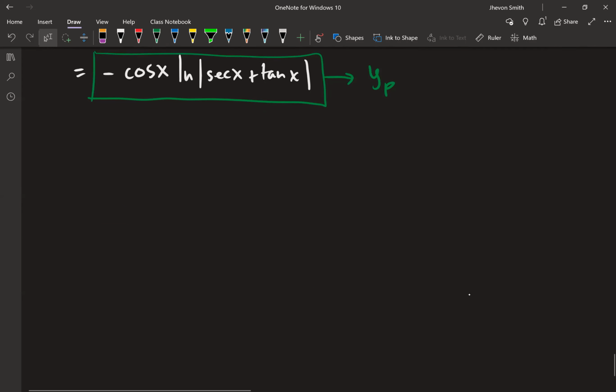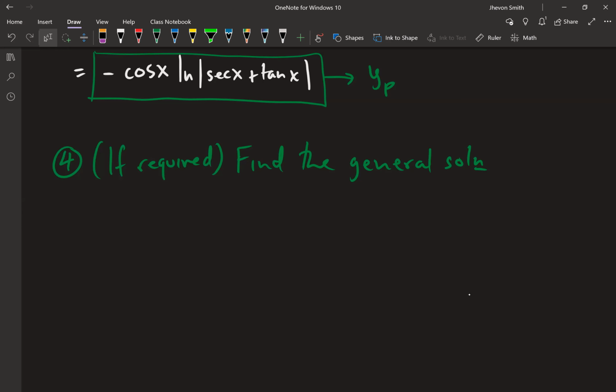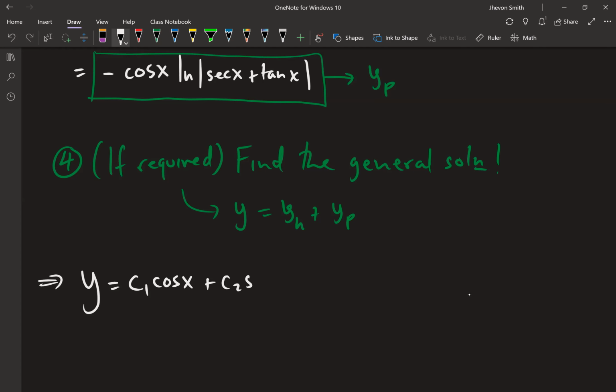So this leads us to step 4, if required. Find the general solution, which here it was required. The question did ask you to find the general solution. So recall that this is just y equals yh plus yp. So in this scenario, the general solution is c1 cosine x plus c2 sine x plus, or I could do minus, but of course,